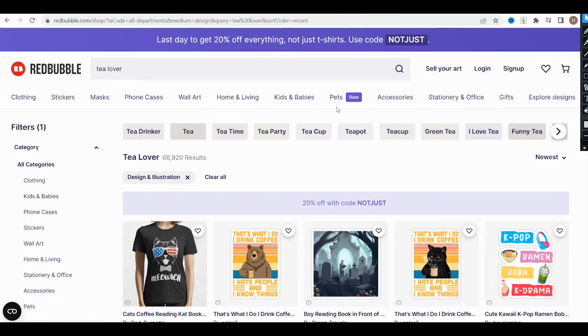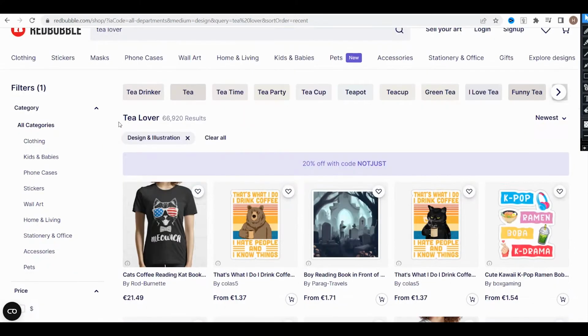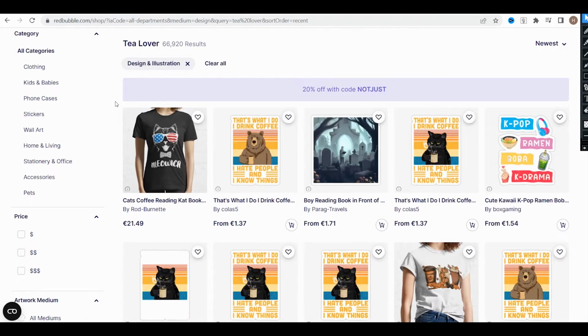Even here, if we're talking about Redbubble and you make an illustration for a really rare hobby, I think you will not have a lot of sales and a lot of customers, a lot of search volume.